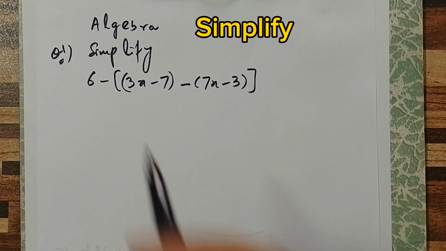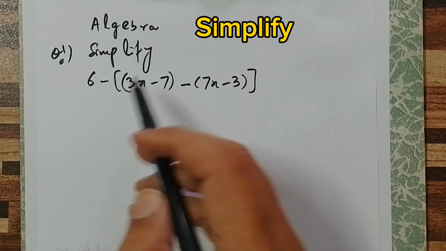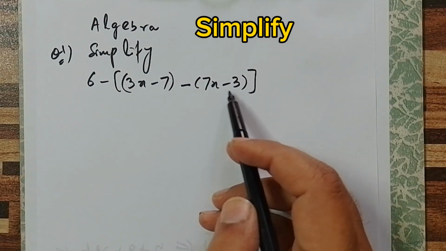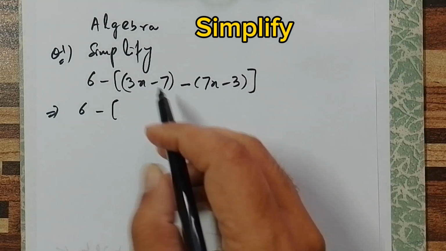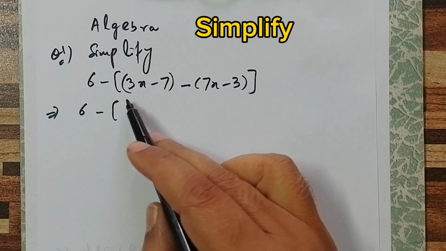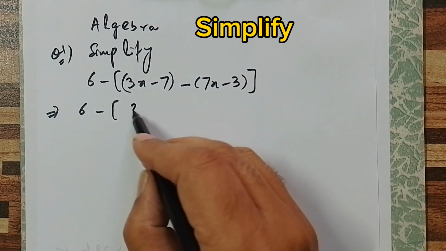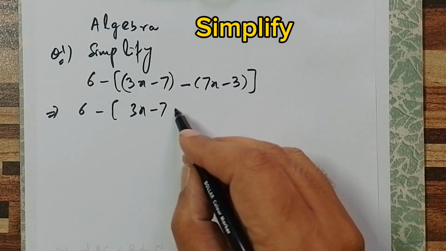Our next video is about algebra. It is: simplify 6 minus (3x minus 7) minus (7x minus 3). Now to simplify this kind of expression, we first take the like terms in the brackets. 3x minus 7 will be written as it is, and this minus, when multiplied inside the bracket, will become minus